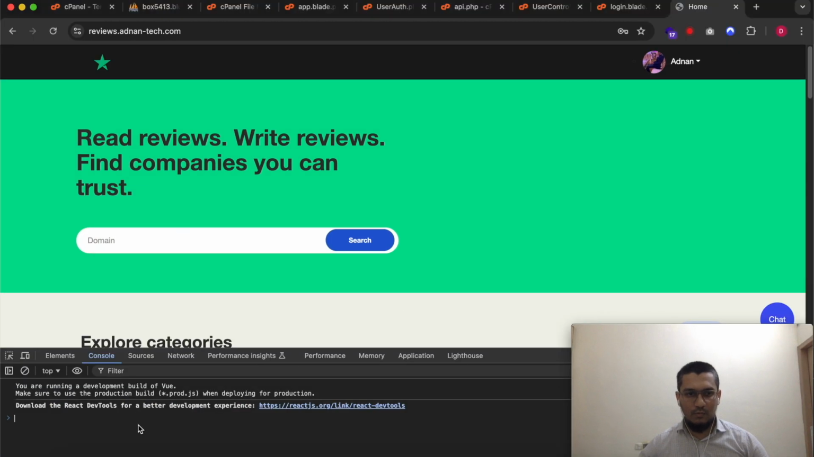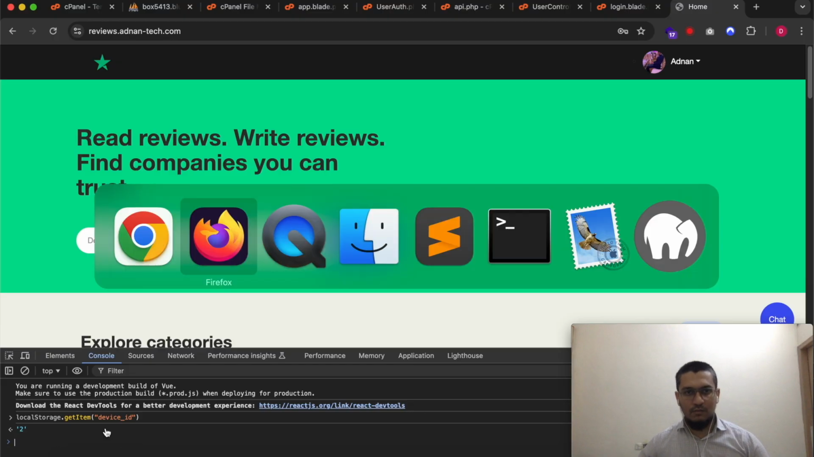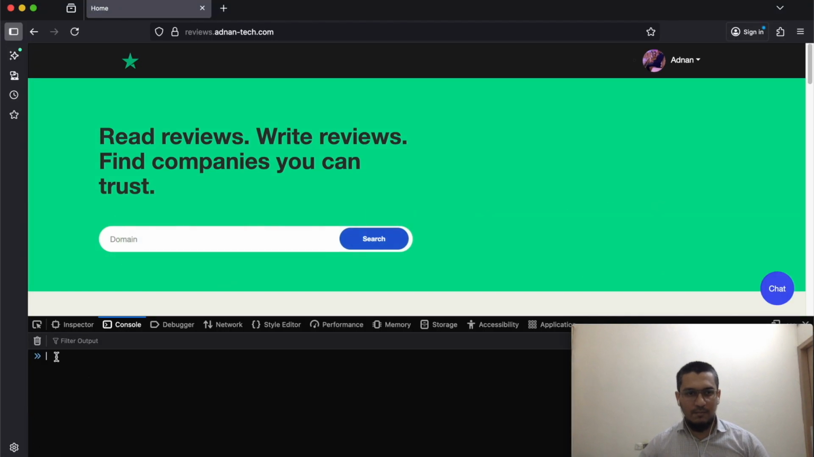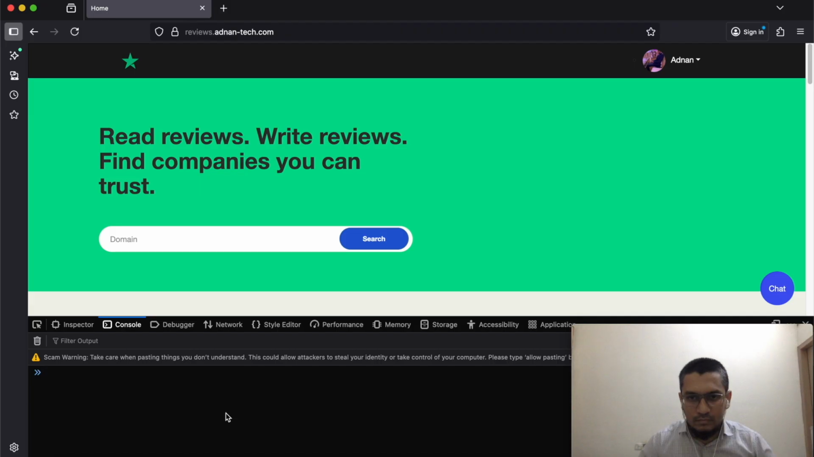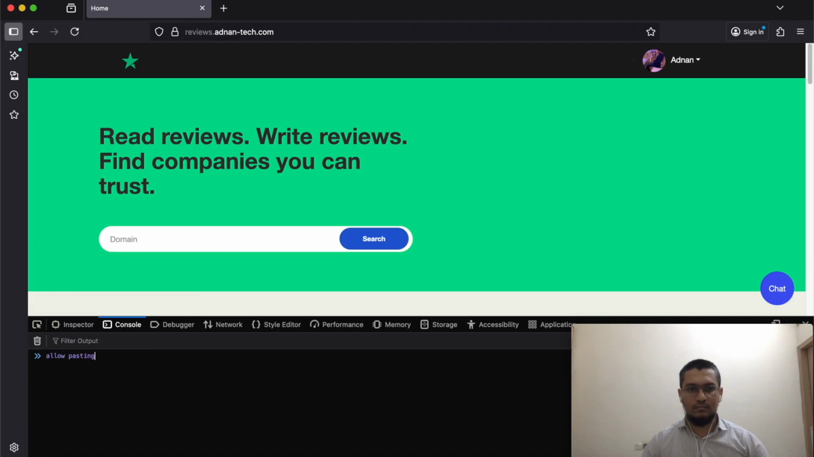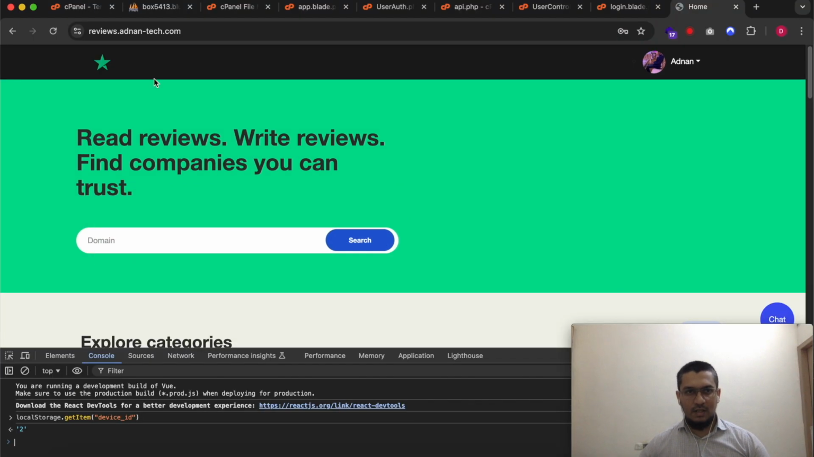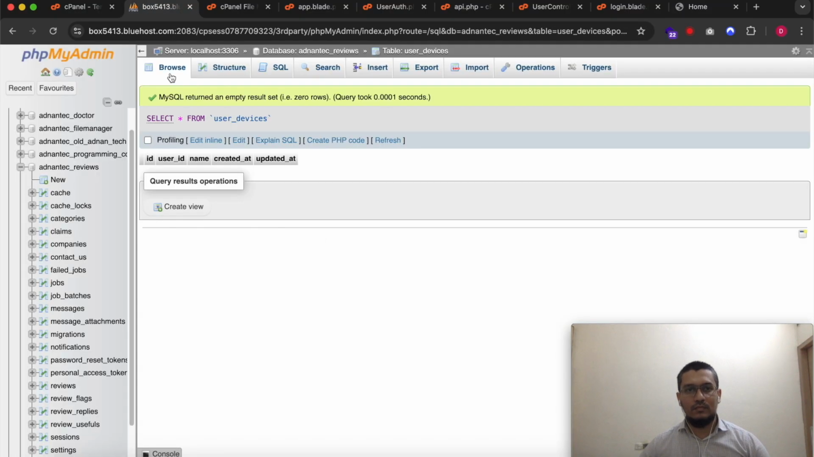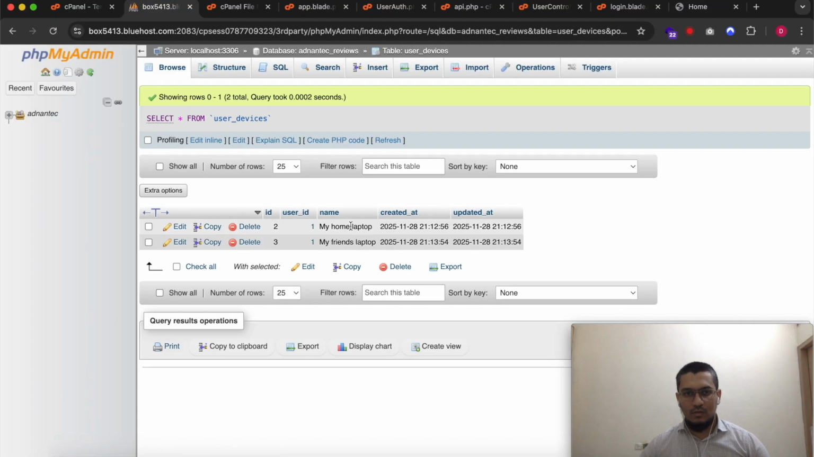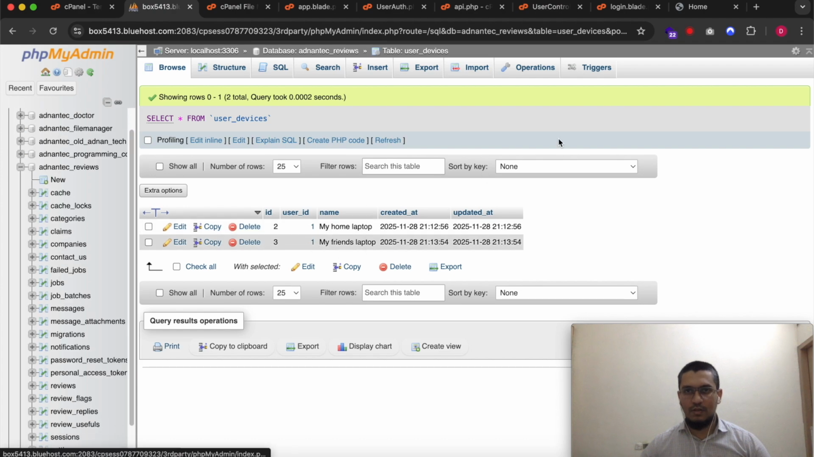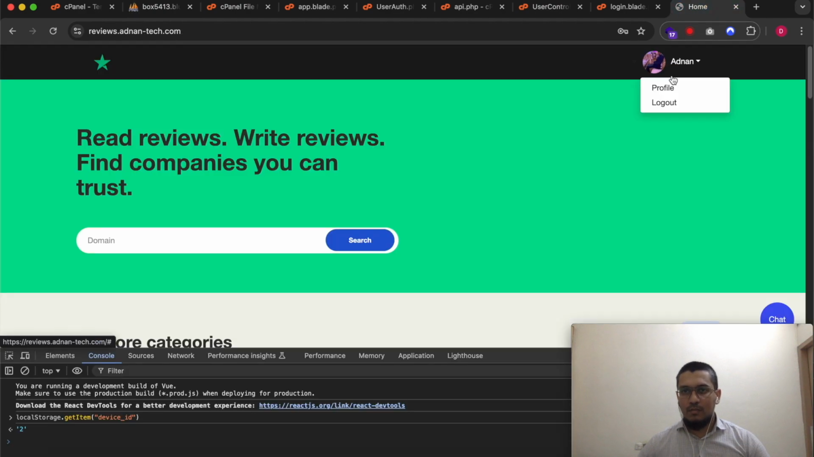And in Chrome, you will see that my ID is 2, but in Firefox, I should have a different ID. Okay, and now if I check in my database, I will have two devices. So two devices, same user. So I will go in my profile,